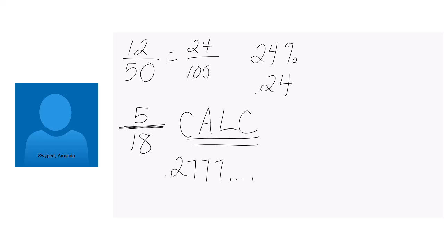So 0.27, where the 7 repeats, I could say that that's approximately, let's say 27.7%. And I'm going to say that keeps going, right? If I needed to, I could round it to 2 places, let's say 27.78%. Okay, or as a decimal, it's just 0.27, which you already have from your calculator. Okay, so the rounding directions, the way that they write them, you'll kind of know that from the directions, or if it's a multiple choice styled question. So you should be able to go back and forth between fractions, decimals, percentages in order to show those calculations.